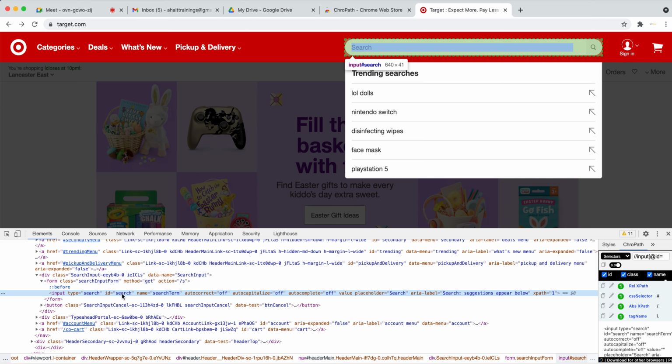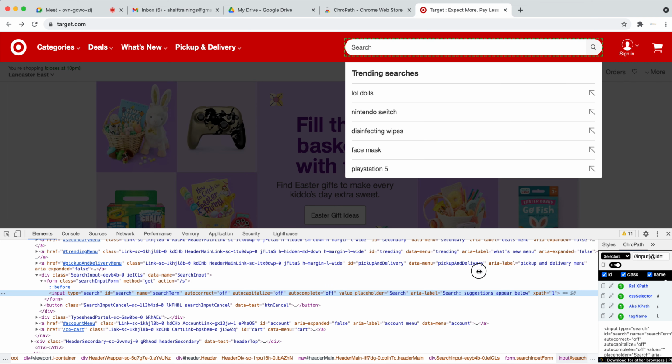When I work with the teams, I will ask the development team to add IDs to the components when they are working on UI pages. That makes my job easy. For some reason, if they can't add the IDs, we have to go for the alternatives. What are the alternatives we have here to find the XPath?